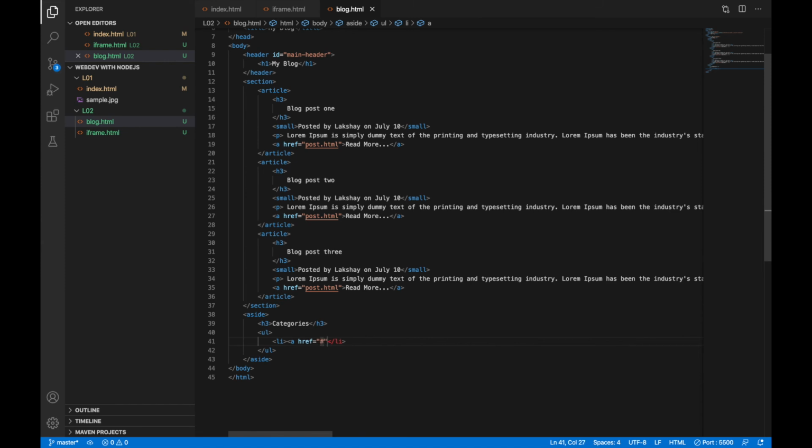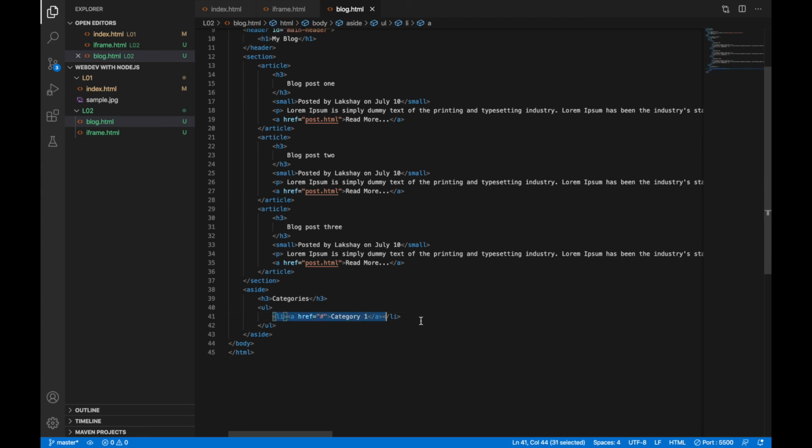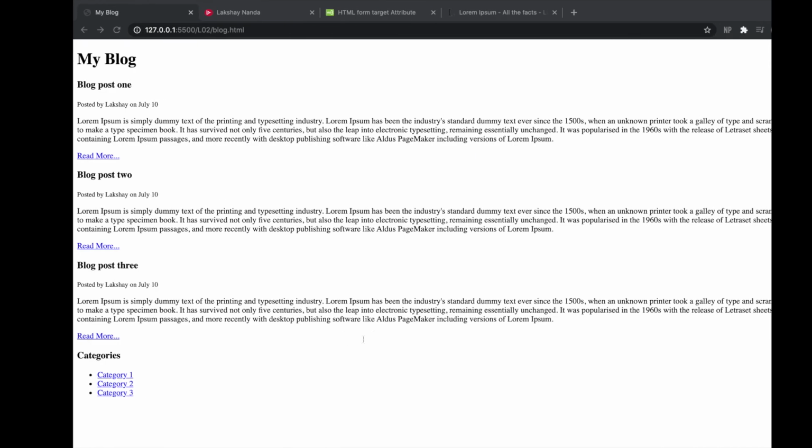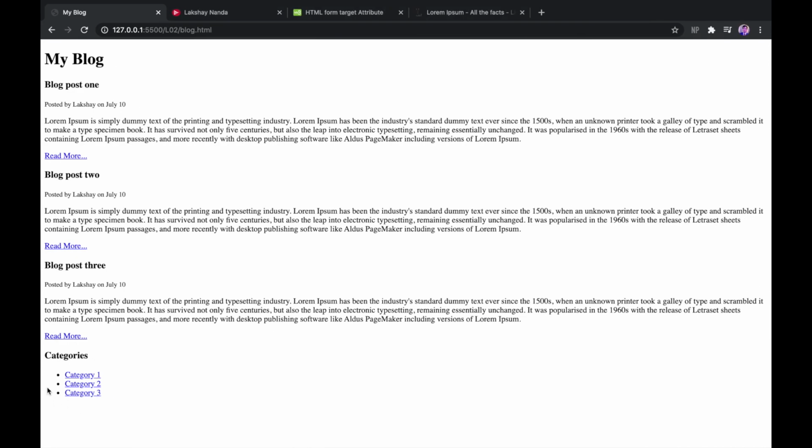I don't have any extra web pages made, so what I do is I give a hash. It specifies that there's a number, but if there is not, it will open the same page that we are on currently. Category 1. I'll copy this, paste, 2, 3. So you see there's this aside column here.